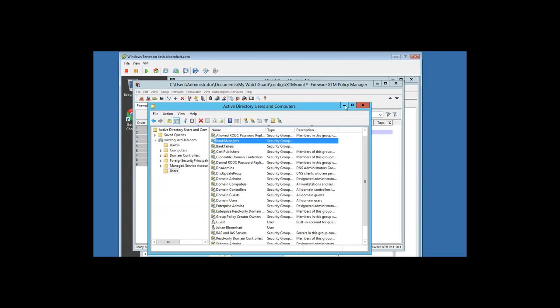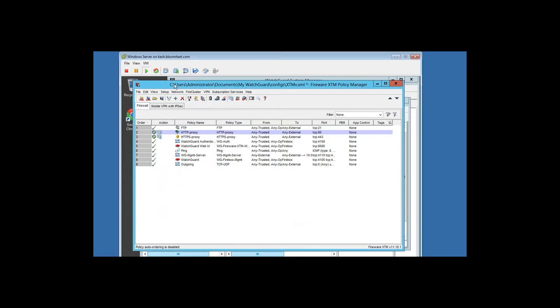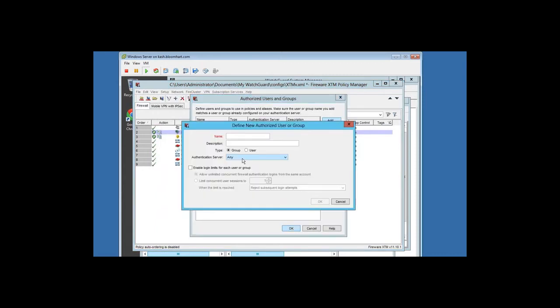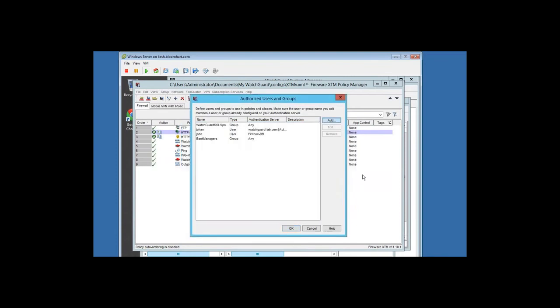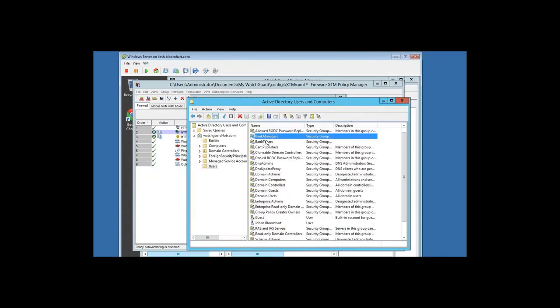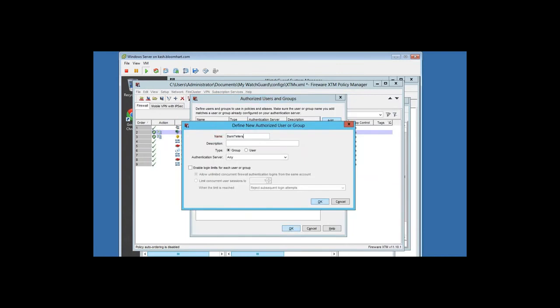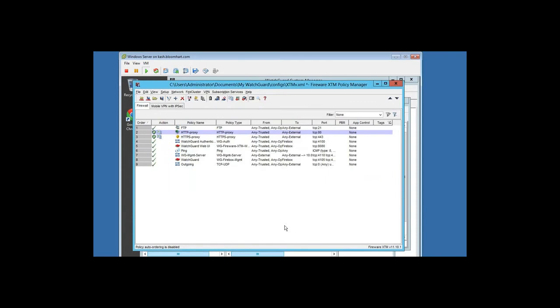So from here, we're going to go ahead and, again, just copy and paste each one of those out, set up authentication, authorize users and groups. We're going to add in that group. Now, if I wanted to, a great way as well is if you wanted to tie in individual users, you could just click on this and it's going to tie individual users. But I'm going to create a group for bank tellers and bank managers. Now we have two of those groups on the firewall. And now we can